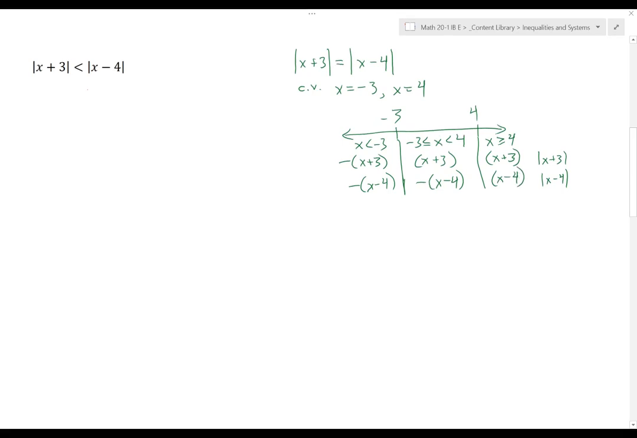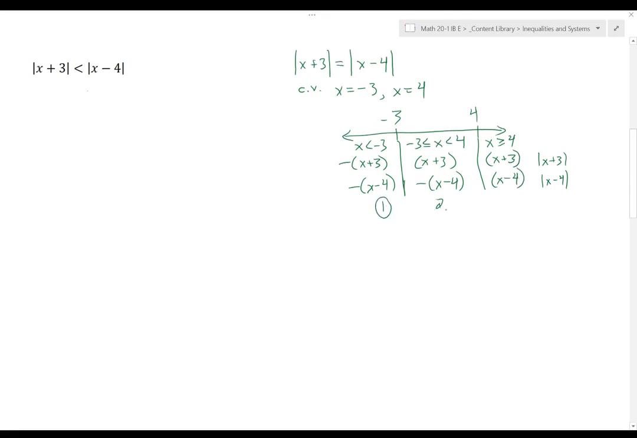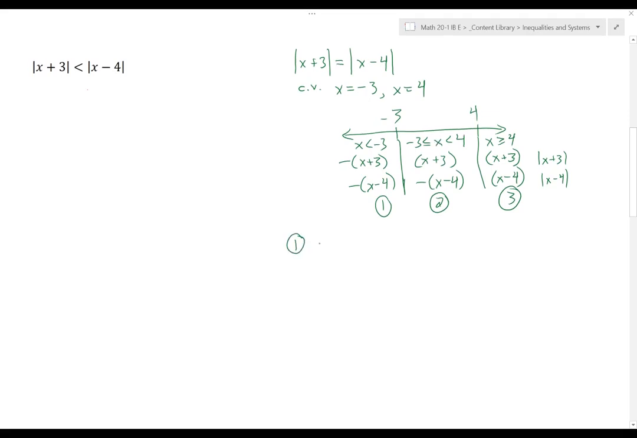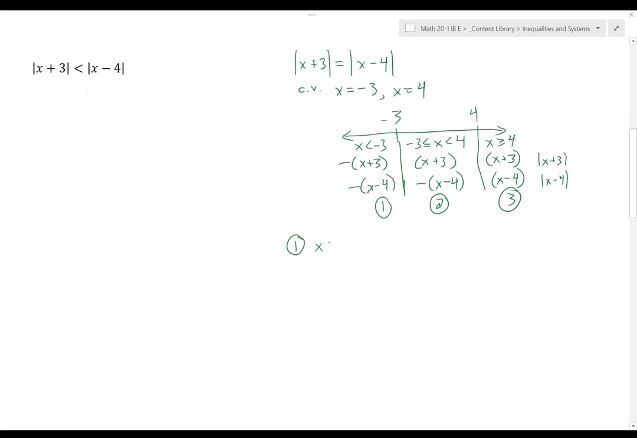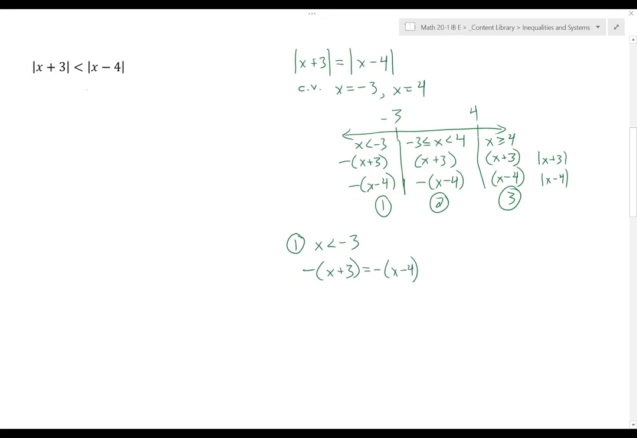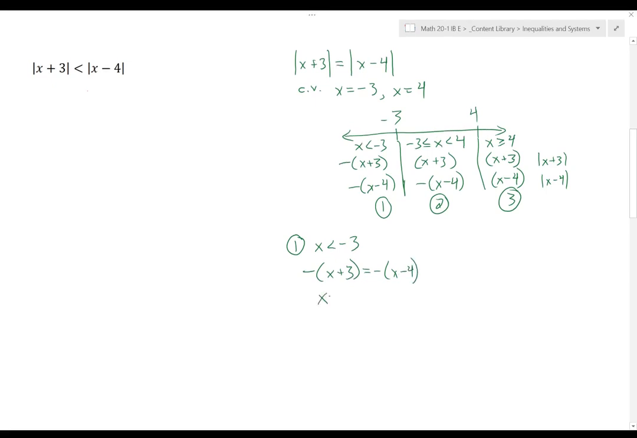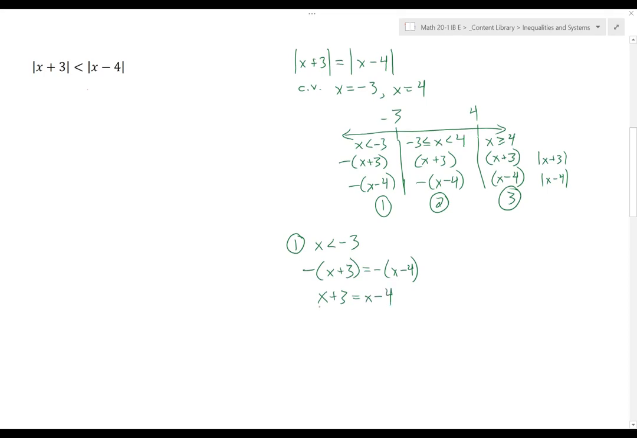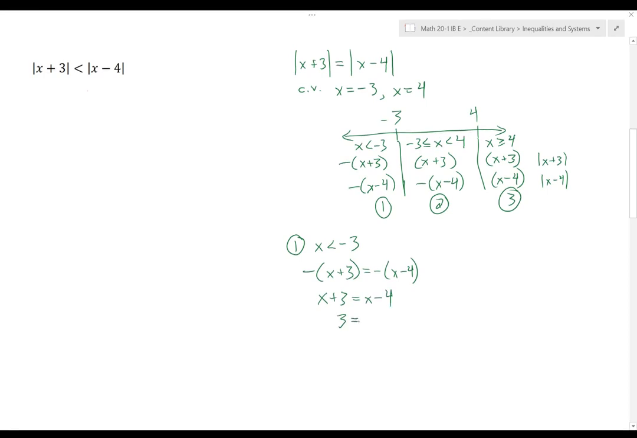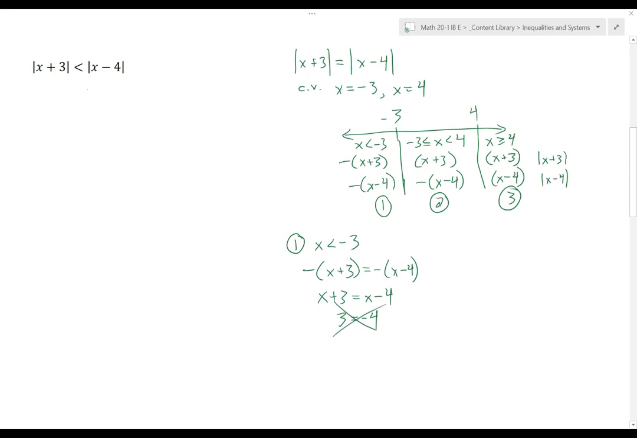So this defines three different equations. My first equation is if I have the interval x is less than -3. That is where I have negative x plus 3 is equal to negative x minus 4, which I can drop the negatives and this just becomes x plus 3 equals x minus 4. Those x's cancel off and I end up with 3 equals -4, which is obviously nonsense, so there are no